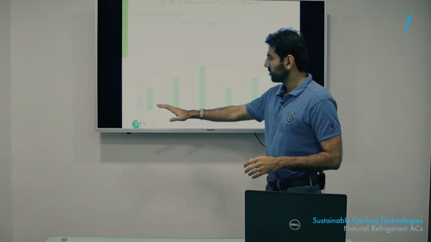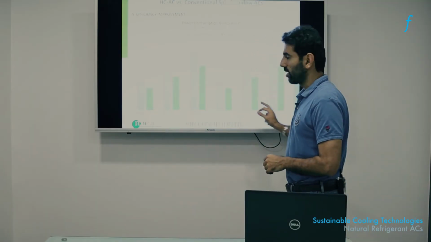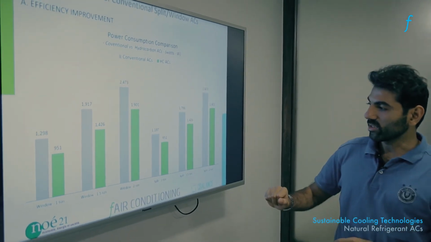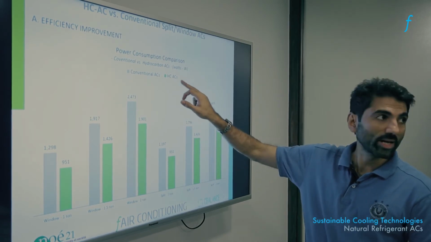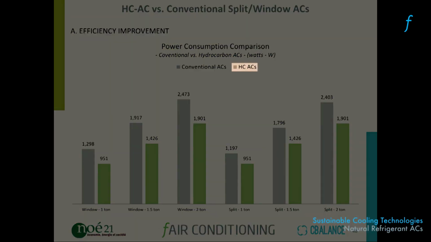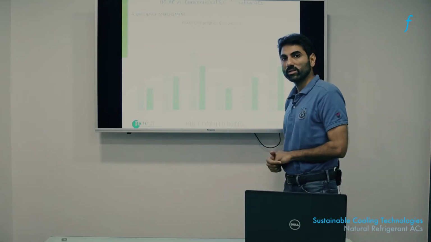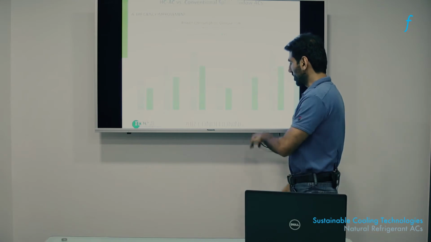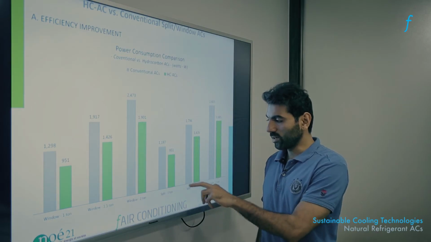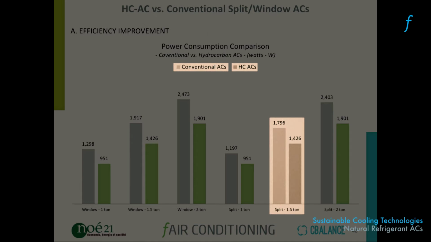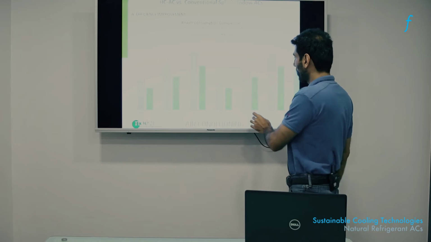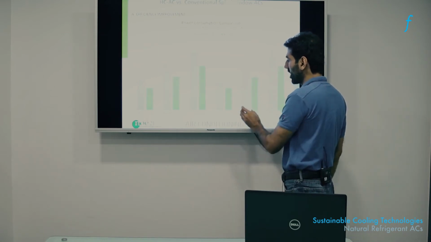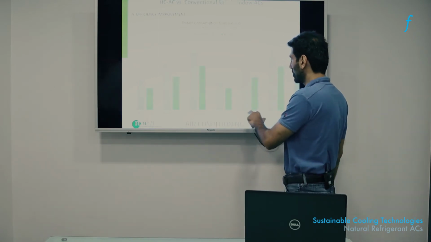So this chart here is a bar chart which indicates the performance of the green bar, which is the hydrocarbon air conditioner, compared to the conventional ACs available in the market. So let's focus on this set of bars here. You can see that this is the comparison for a typical split AC with 1.5 ton capacity, and this is for a 3-star air conditioner. This can be considered to be the most conventional kind of AC in India, a 3-star 1.5 ton